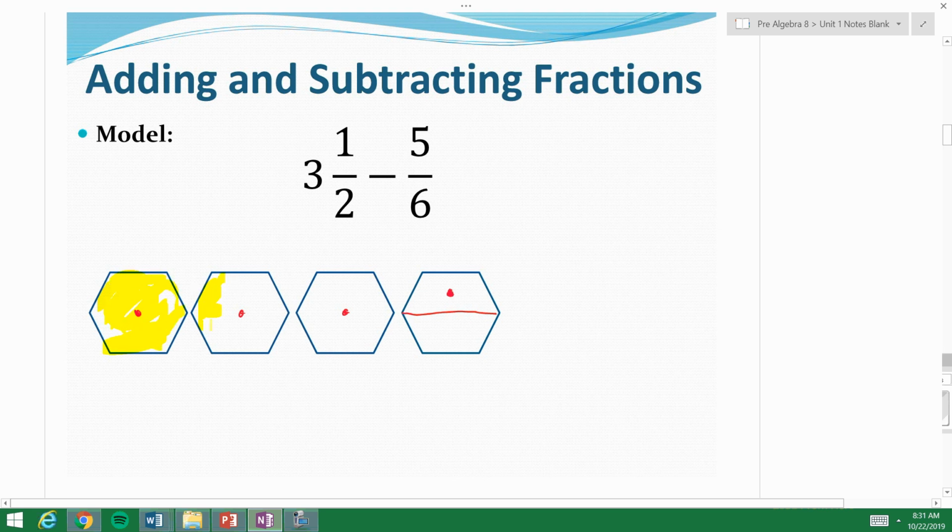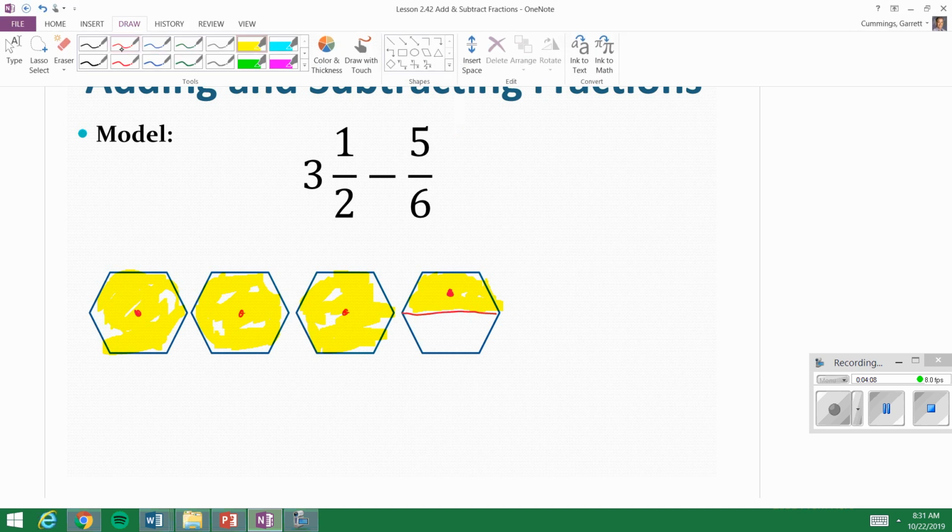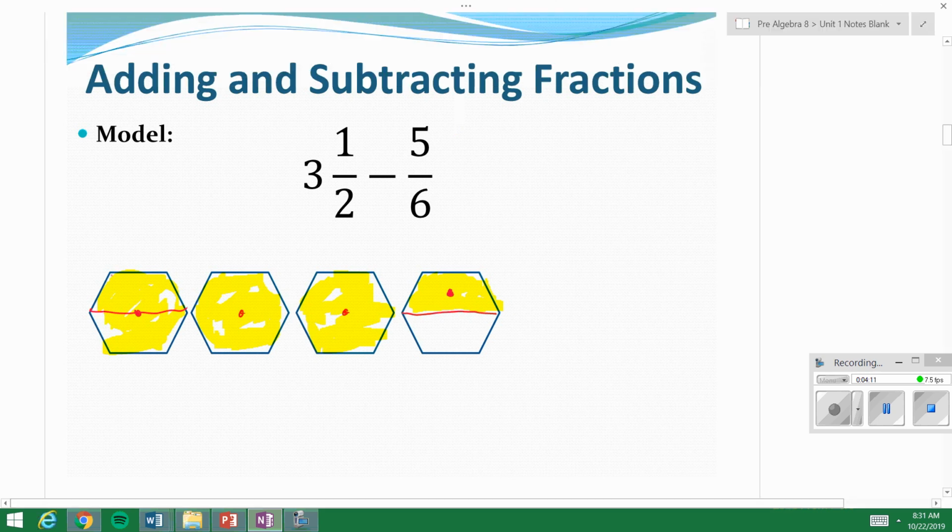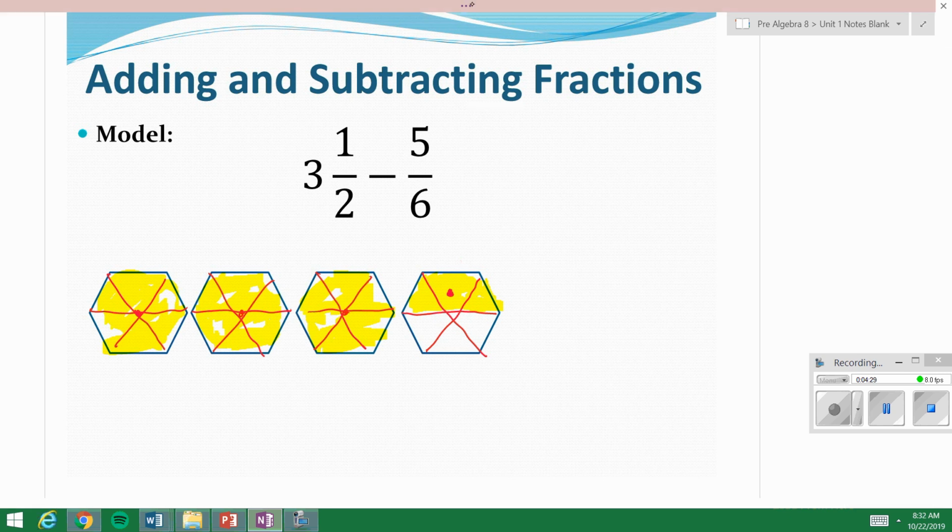Well, the problem is that these are not yet cut into 6. So let's go ahead and do that, and let's see what I can come up with in terms of the difference. Well, if I have to cut these into 6, I would have to make a cut here, make a cut there, and the same thing is going to happen even for the one that is not completely filled in. So there's 3.5, and I have to take away 5/6. Okay, well, let's go ahead and